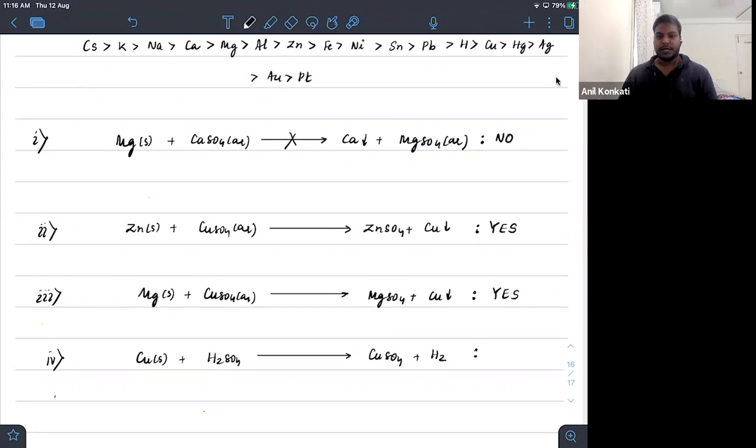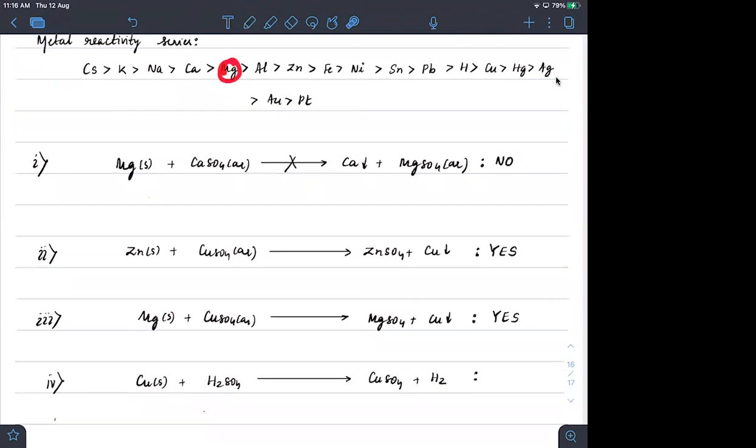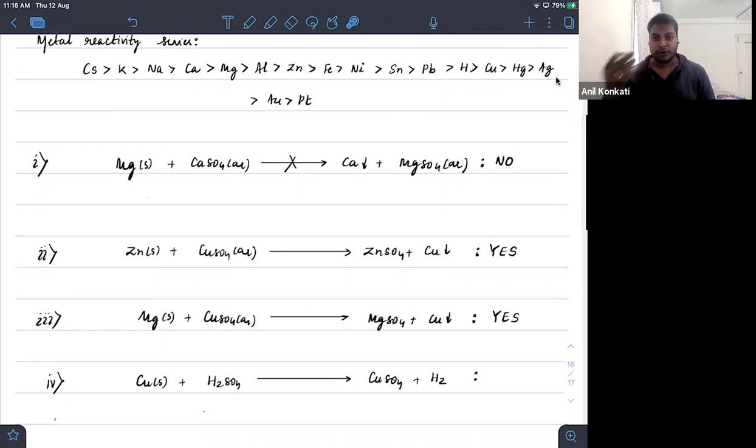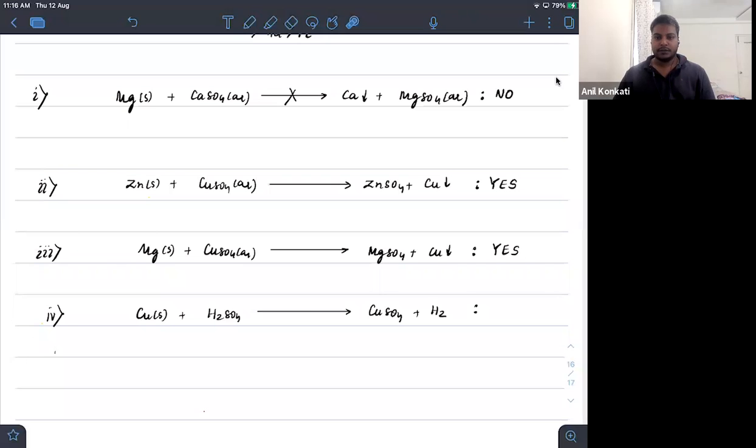Okay. Shah, Arya, Akruti, I hope you understood that now. Magnesium is supposed to be more reactive than copper, na beta? The one which is more reactive will dissolve, and the reaction will go in the forward direction. Okay. Arya, Akruti, Nikita, understood beta? Not Nikita, Disha. Yes, clear? Sir. Right. Okay. So do the last one.